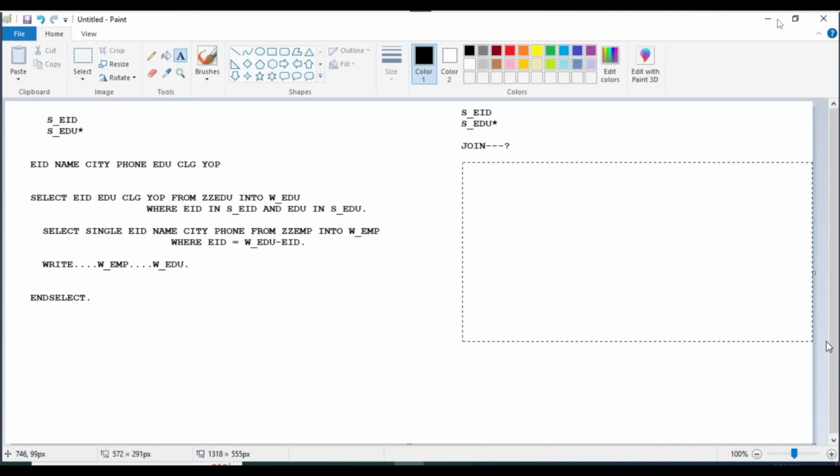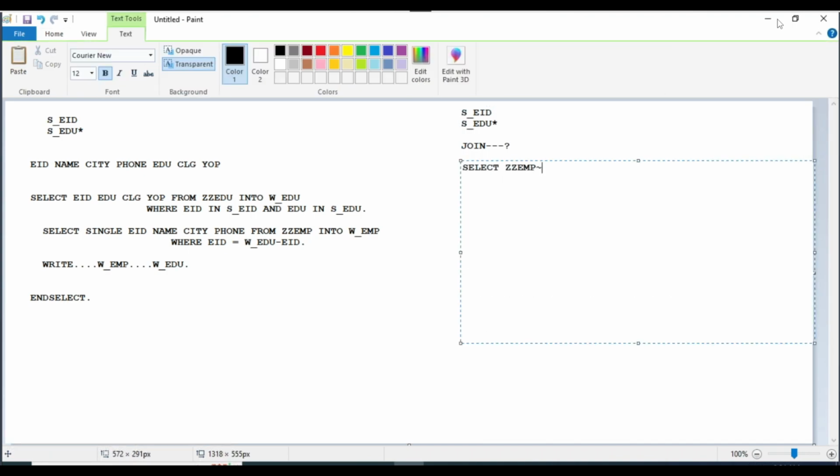So I'm writing select ZZEMP name, ZZEMP city, ZZEMP phone, ZZEDU education, ZZEDU college, ZZEDU year of pass into work area final from ZZEMP inner join